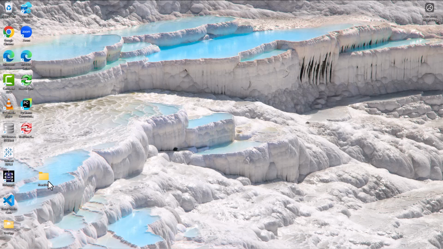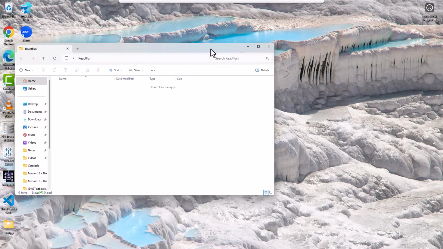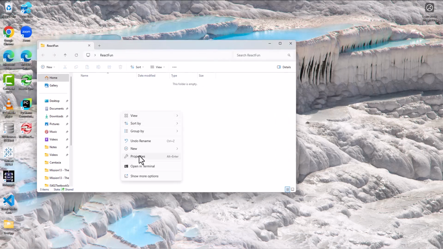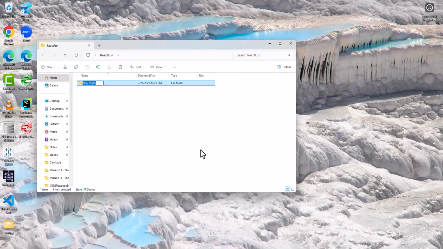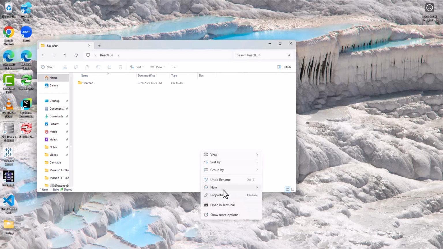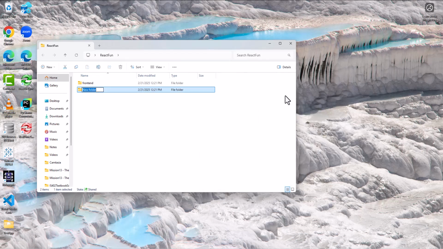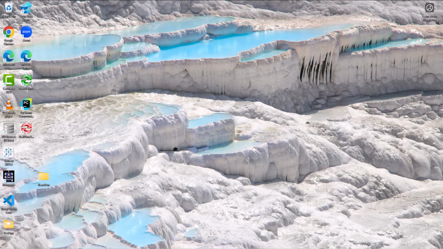Now again, eventually what we're going to do is connect this React front end in with a .NET backend. And so I'm going to go into this folder and I'm going to build two new folders, directories, one for the front end and one for the back end. All right, so I create those folders,